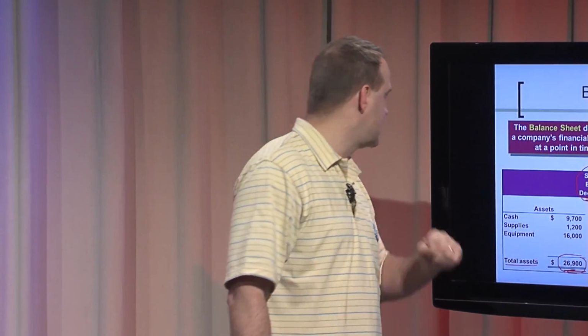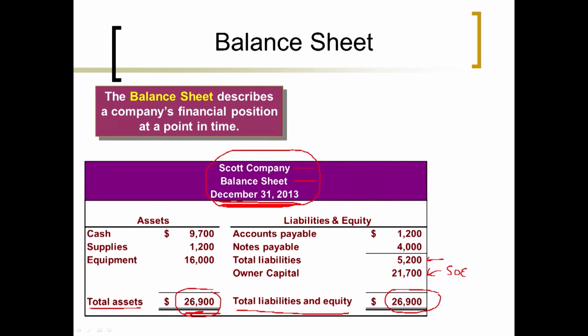Boom. Let's take a look at that. Right now, as of the end of the day, December 31st, you have cash of $9,700. Right now, at the end of the day, December 31st, your note payable is $4,000. But we don't say for the month ended because that kind of incorrectly implies that that's been that balance for the whole month, and it hasn't.